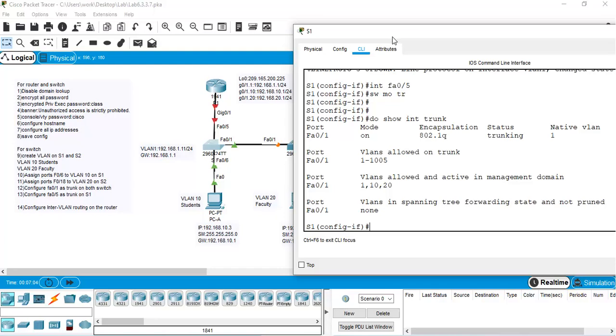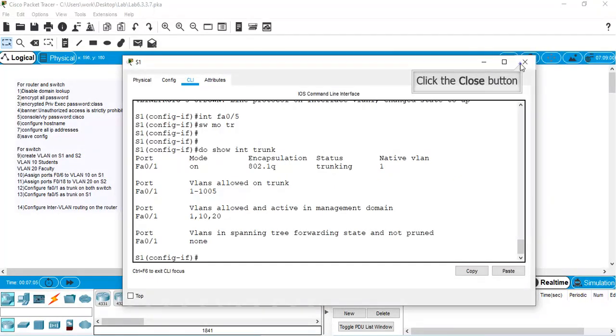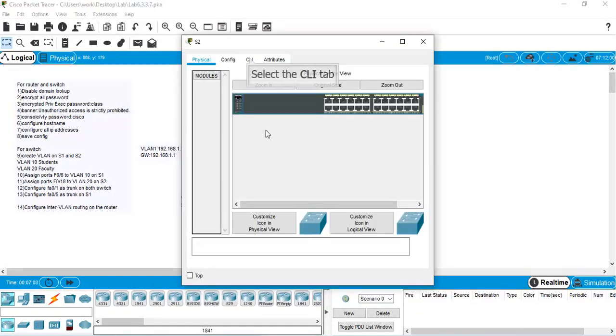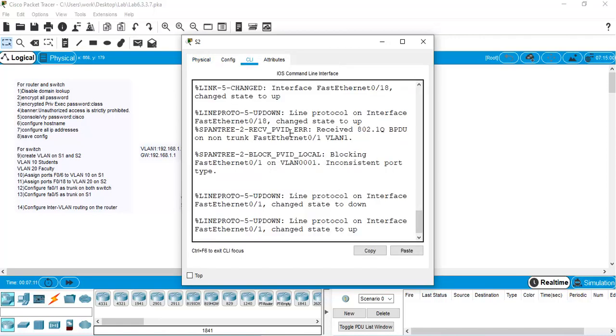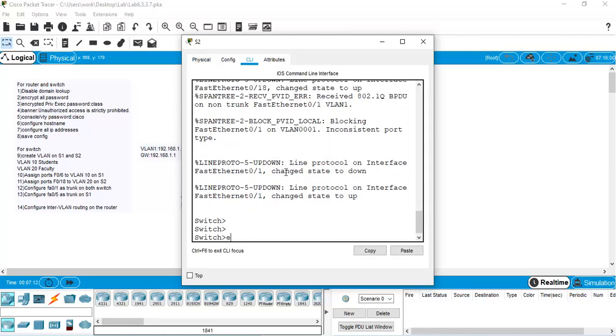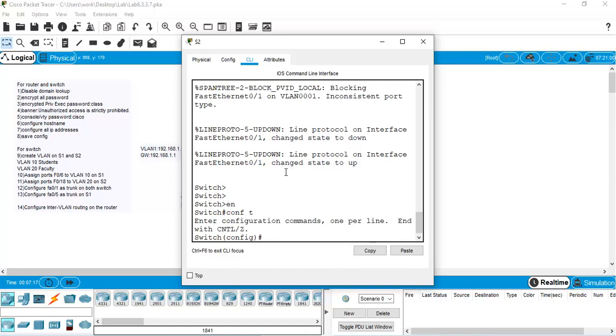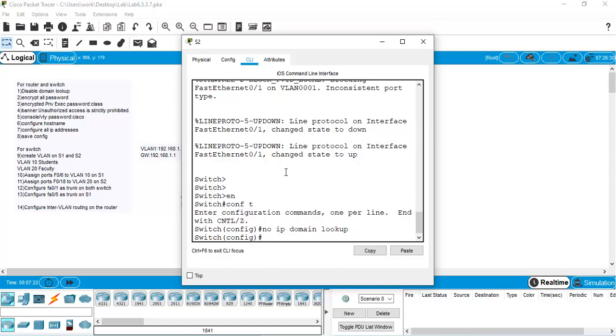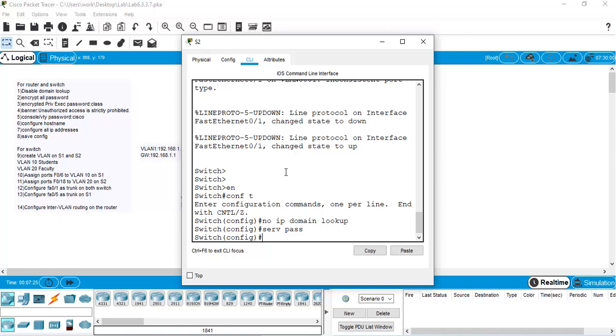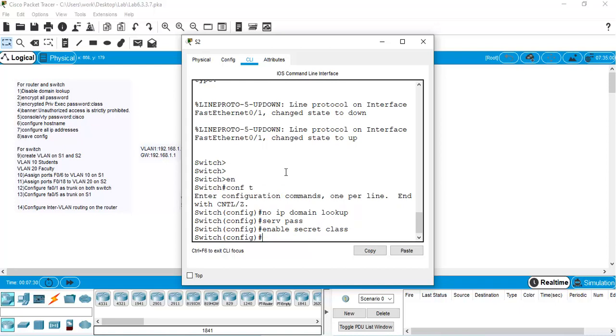Okay, so after configuring S1, let's proceed on to configure S2. By doing the requirements again: enable, config terminal, no ip domain-lookup, service password-encryption, enable secret class, banner motd,